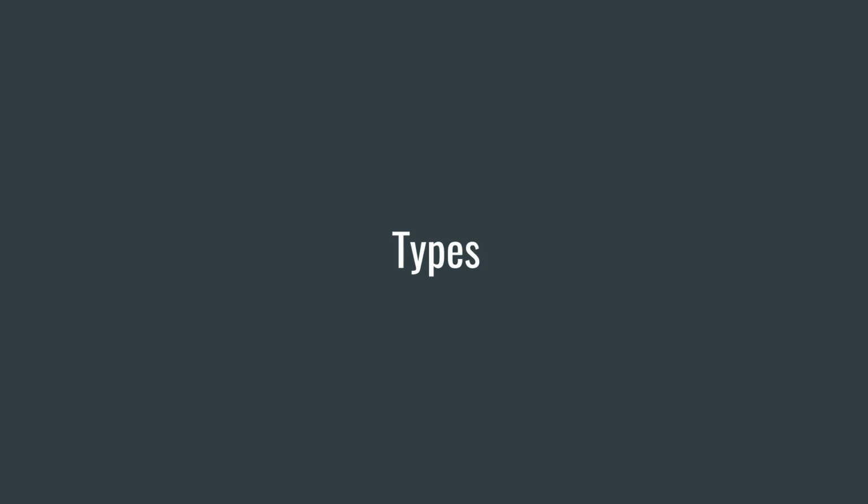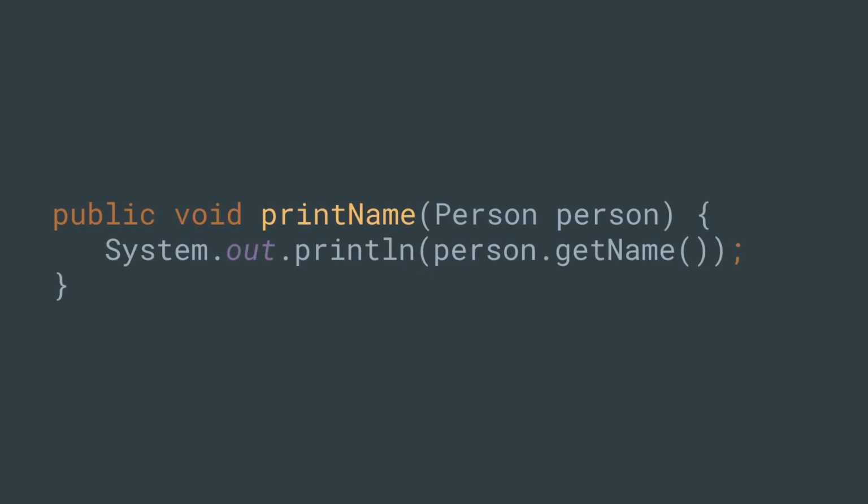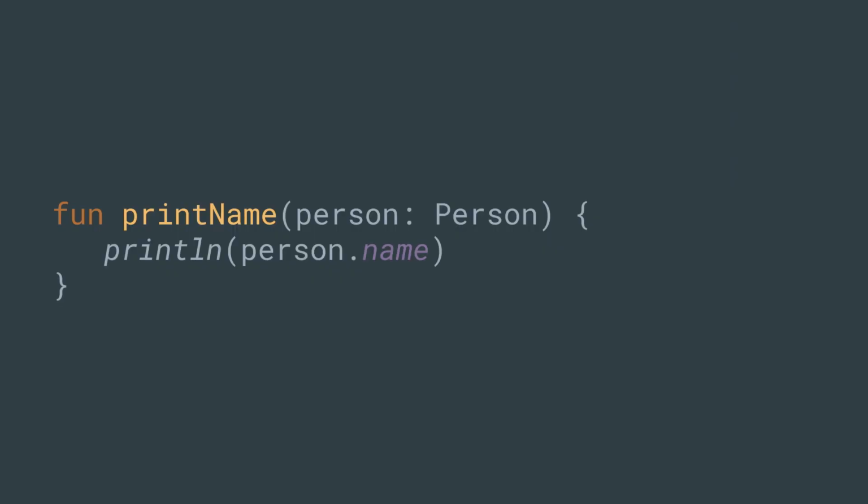The first thing I actually want to talk about on the more practical side of the talk is about types. How Kotlin handles types. Once again, this is an example of a method that receives a person and prints that person's name. If you try to pass a null there, well, anyone who doesn't know what's going to happen, kaboom. It's going to blow up in your face. You're going to get an exception, and you're going to be sad. If you write the same exact code in Kotlin, this is just a simple function that receives a person and prints the person's name.